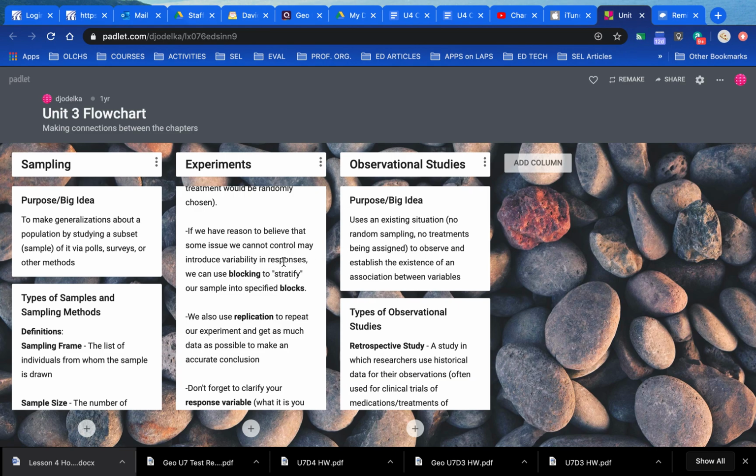But you're blocking to begin with so you can compare those different amounts and not have to worry if variation had anything to do with gender, for instance. Replication, the word replication is the idea that you should be able to repeat an experiment and get a similar